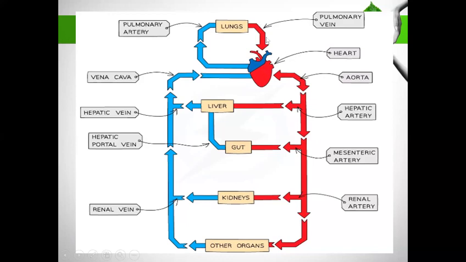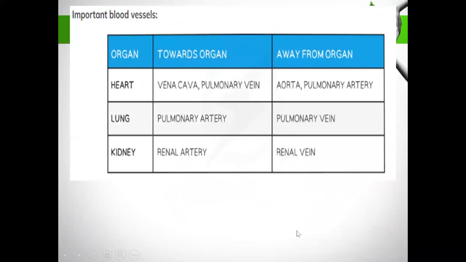In the same way, you can see the aorta splitting into different arteries and transporting oxygenated blood. Now you can see here: towards the organ and away from the organ. For example, heart. If the blood vessel is moving towards the heart, see here, vena cava and pulmonary vein. And away from the organ, that is aorta and pulmonary artery. Lungs: if the blood is moving towards the lungs, it is the pulmonary artery, and away from the lung,